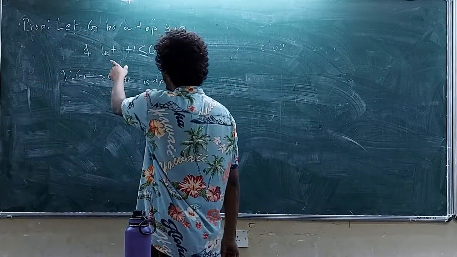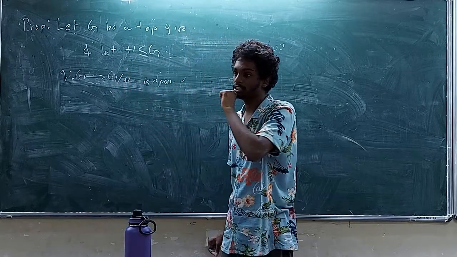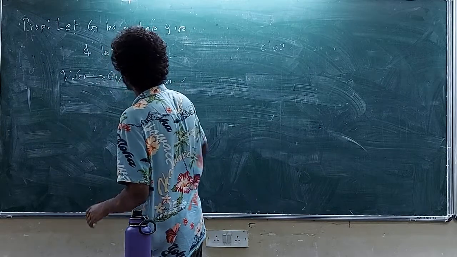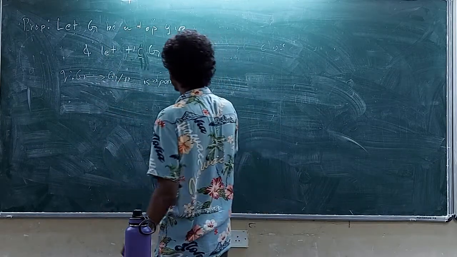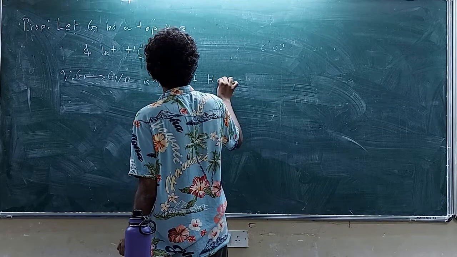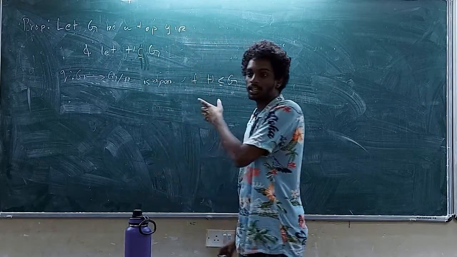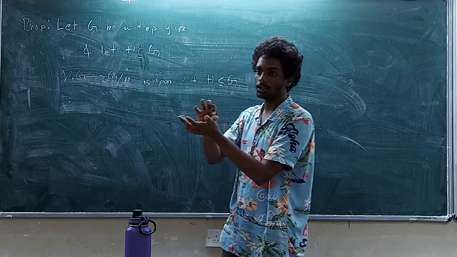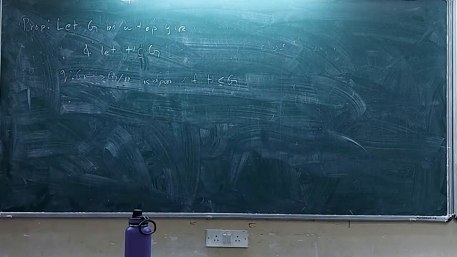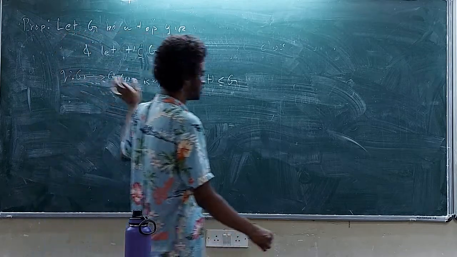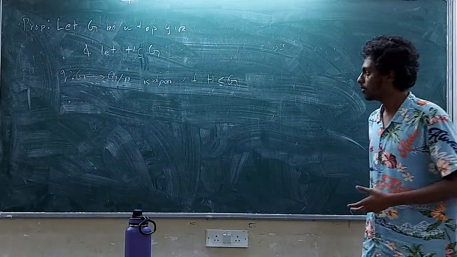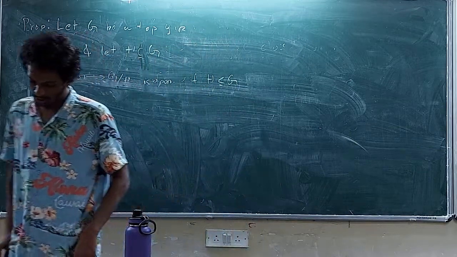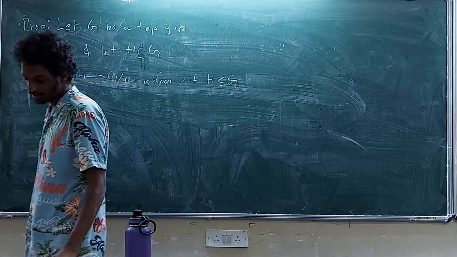Oh, by the way, I just took H to be any subset. It was wrong to say this. Q from G to G by H is open if H is in fact a subgroup of G. I am not saying it has to be normal. So when I say G by H, I mean a topological quotient. So G by H here will actually just be the cosets of G. So this is open if H is a subgroup of G, and that is very easy